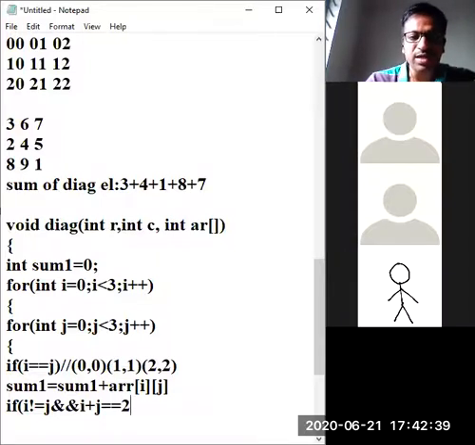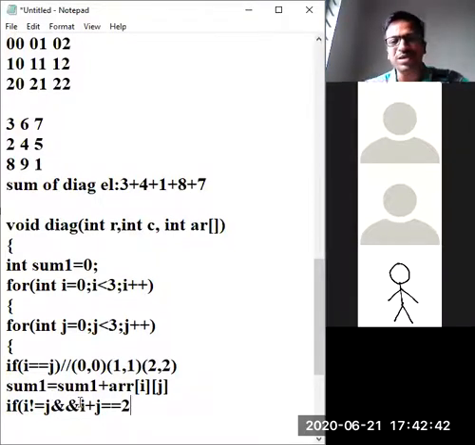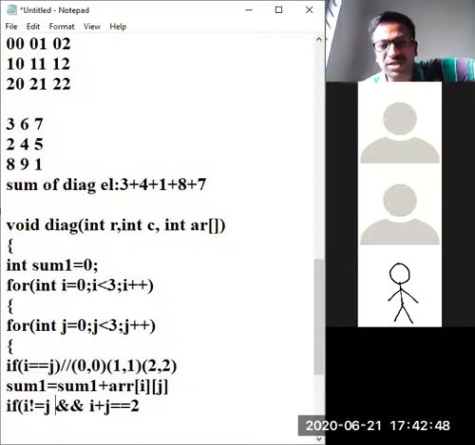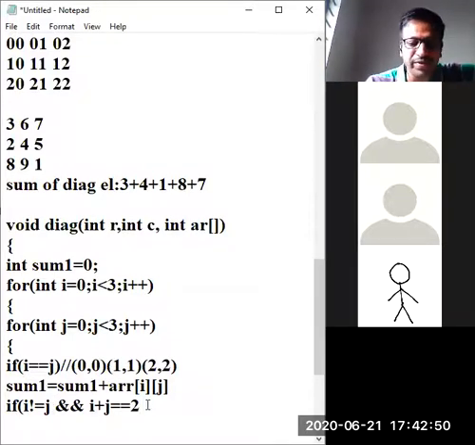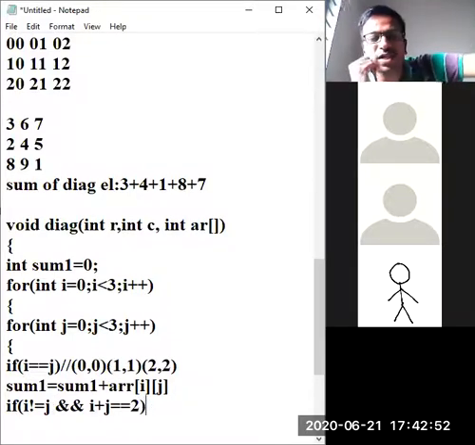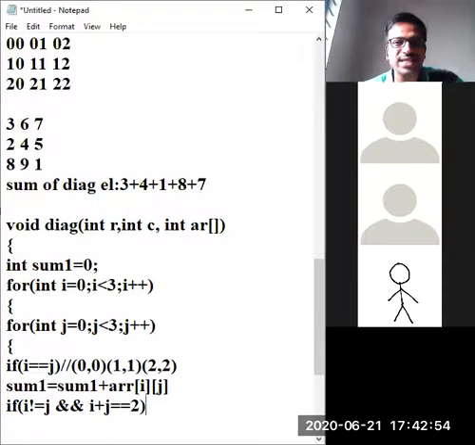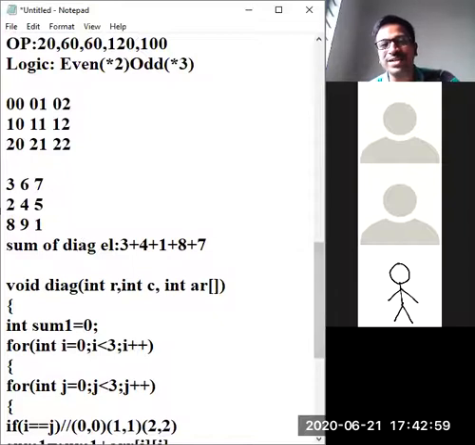Fine. Let us put this in brackets, or otherwise no problem, it will work fine. Just for readability, I'm giving some space in between. What about this? How far is it true? i is not equal to j. Yes, absolutely right. She went right because she wants to take all other considerations.